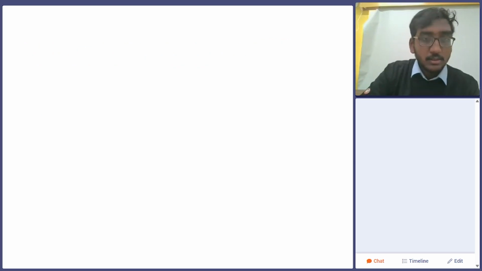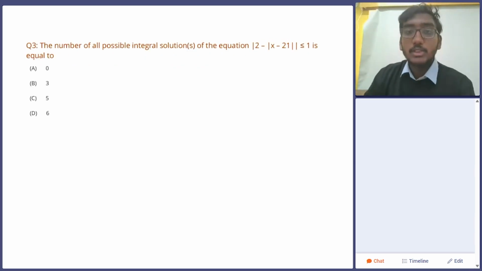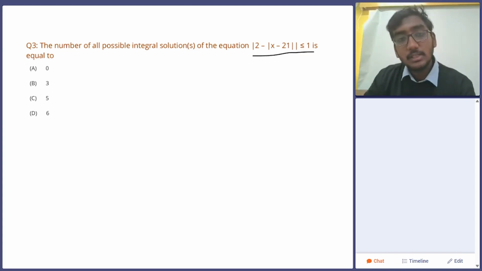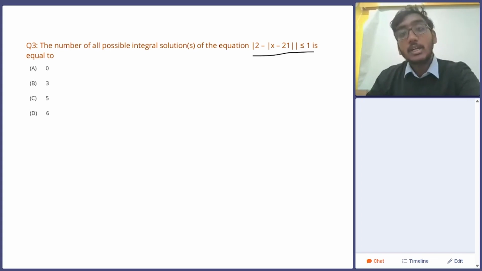Yes. So, we will move to the next question. They are asking the total number of possible integral solutions of the given equation. Okay, they have given an equation and they are asking for the integral solutions. For this, what we can do is first eliminate the mod signs, because there are 2 mod signs involved